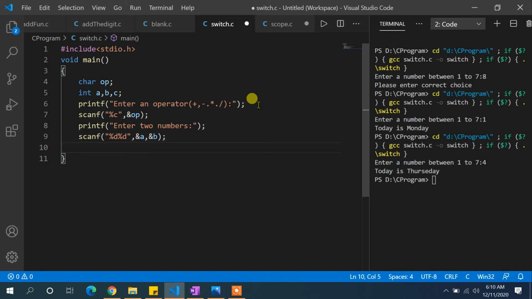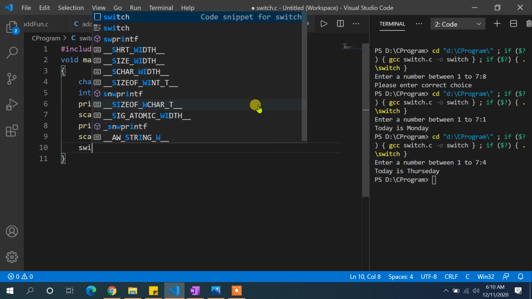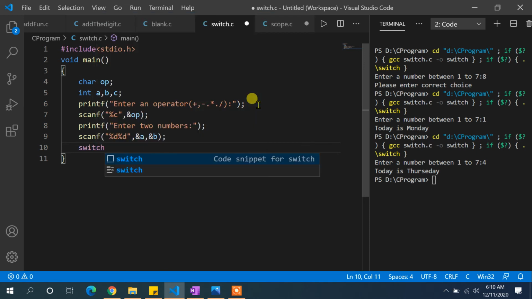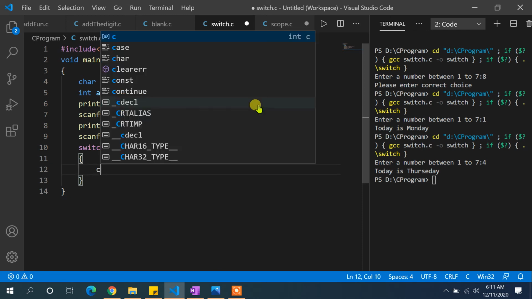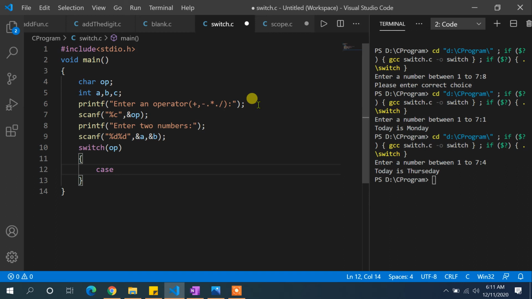Now I am going to use the switch case. There will be 4 different operations to be performed. If somebody has entered the plus sign, then the operation will be addition of two numbers. If somebody has put the minus sign, then we need to perform the subtraction operation. That is why we need the switch case. Okay, switch, then we need to write op. So op will consist of a character, so the case will not be an integer, it should be a character, and obviously a character is represented with single quotes. So I'm going to represent the character something like this.